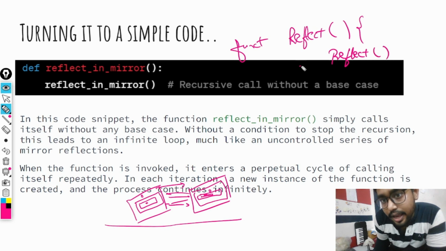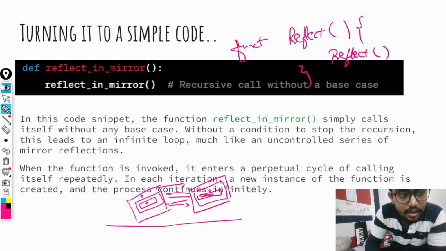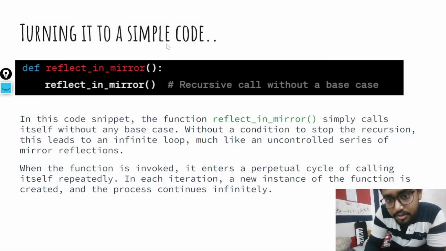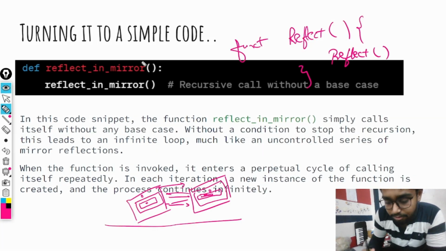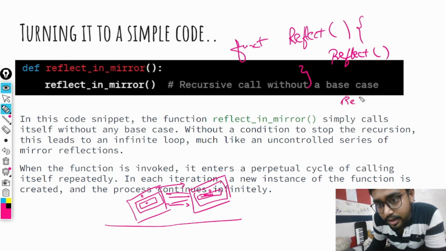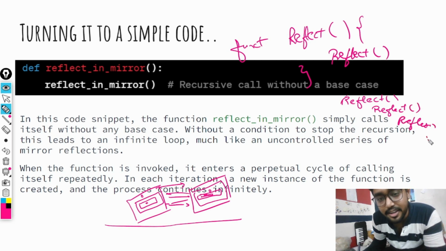Whenever you stand with your laptop's front camera on in front of a mirror, this is what happens. If you want to represent it programmatically, this is what happens. Your mirror says, okay, I'll reflect. Now what it reflects is your laptop screen, which also has the function reflect. Now this reflect reflects, and that reflect again reflects, and it keeps reflecting again and again